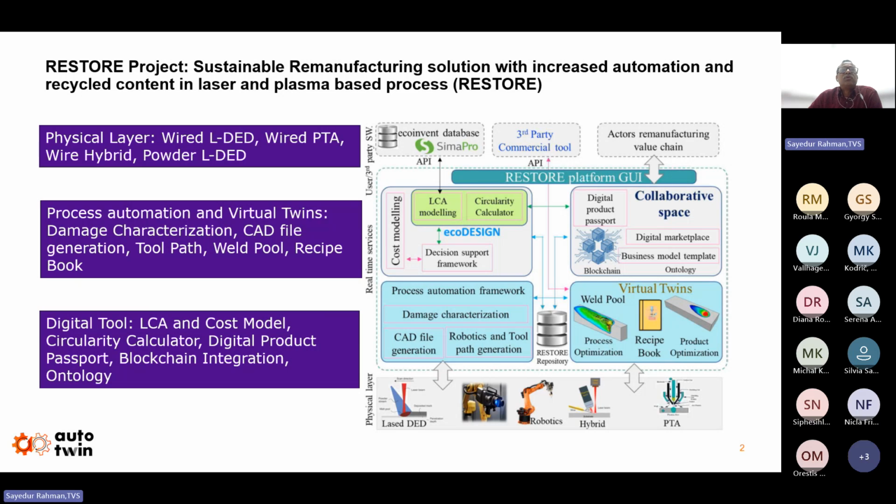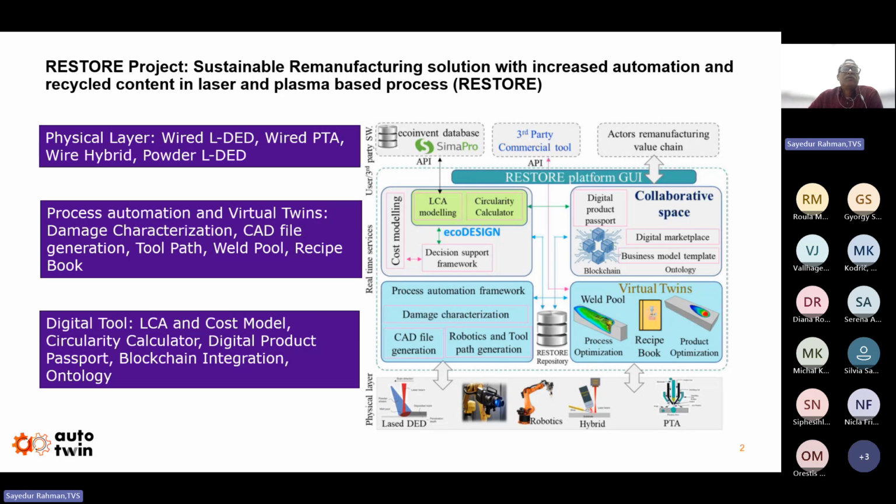Then we have virtual twins. We will simulate whirlpool behavior using a whirlpool simulator, perform process optimization to tune heat, speed, and feedstock rate, and store ideal settings in a recipe book.